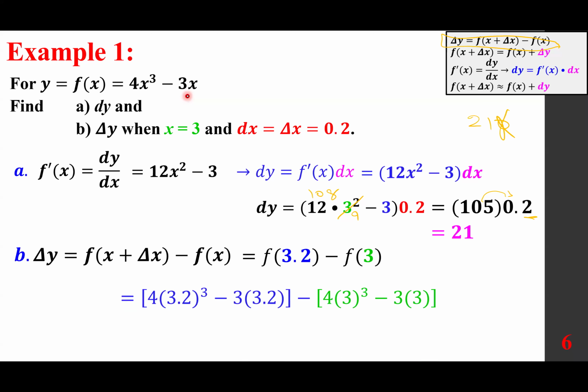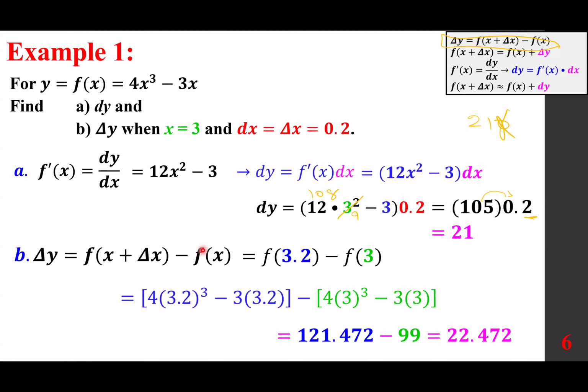I hope you realize this was easily calculated. This can be done by hand, but it takes a little bit more time, because you have to raise this to the power of 3 times 4 minus 3 times that, and 4 times 3 cubed minus 3 times 3. This is easy. So we get 121.472 for the first set of brackets, and the second one is 99. The difference is 22.472. As you can see,